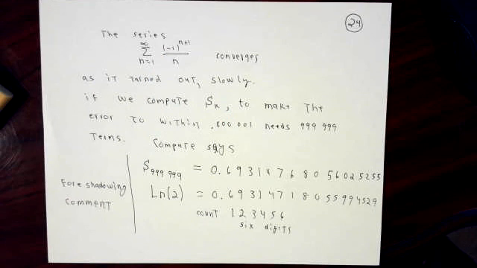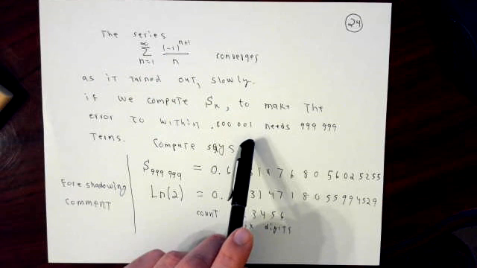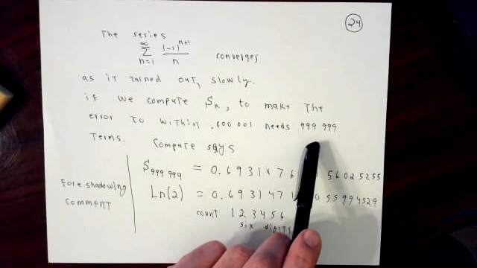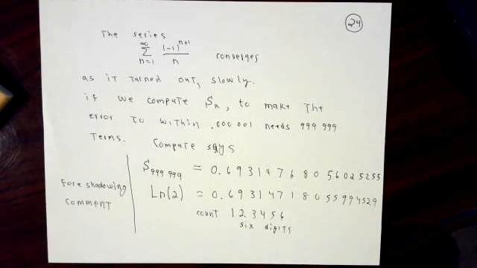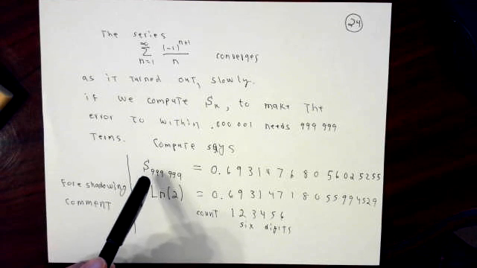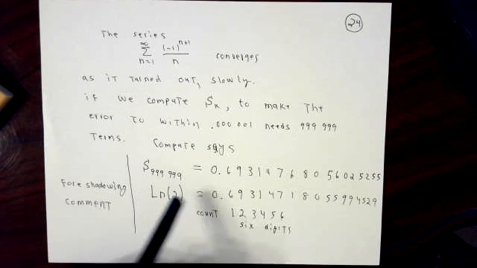If I want to compute Sk so that the difference between Sk and the true value of the series is no more than 0.0000001, we figured out that we need at least 999,999 terms to actually do that. I wrote myself a little program to do the calculation for me. Partial sum number S999999 is